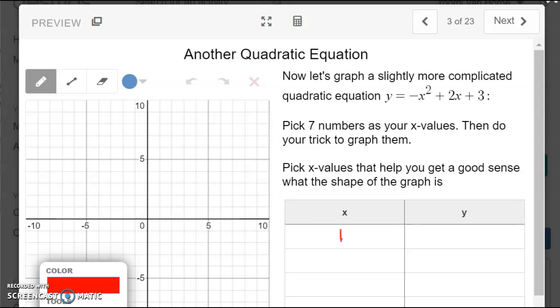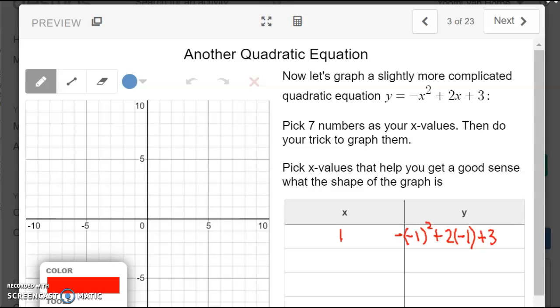Okay, for the y value, that's going to be negative, x squared, where x is negative 1. You have to put a negative sign there because that's where the negative sign is. It's outside the x squared. Plus 2x, so that's going to be times negative 1, plus 3. So negative 1, remember,